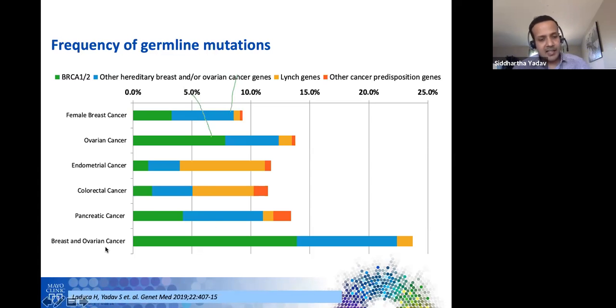Interestingly, if somebody has breast and ovarian cancer, their risk of carrying germline mutation goes up to almost 25%. And you can see that their risk of being a carrier of BRCA1 and 2 is almost 12% or higher. And then they have quite a significant chunk of other hereditary breast ovarian cancer genes as well. So that was just the frequency. Now, if you look at